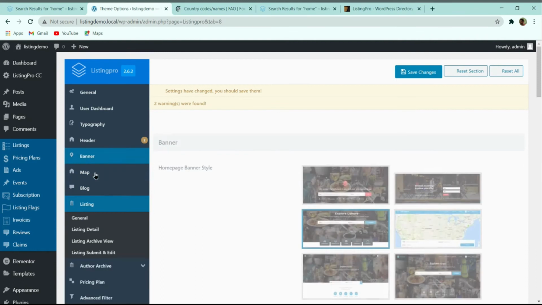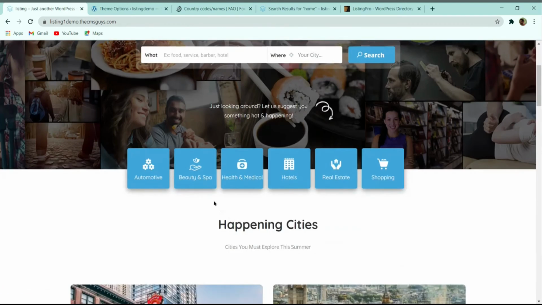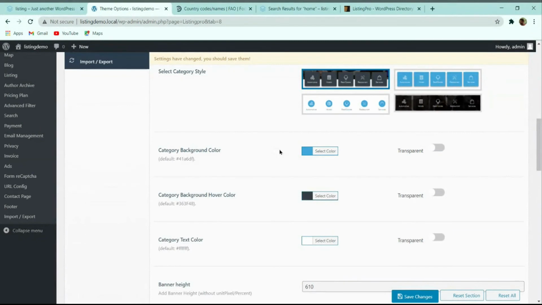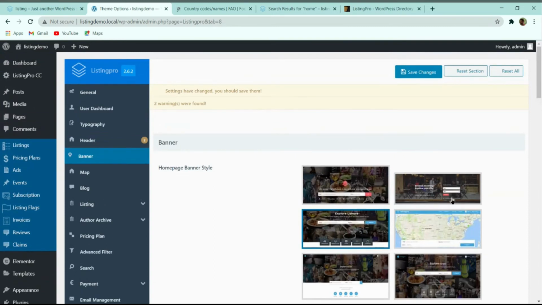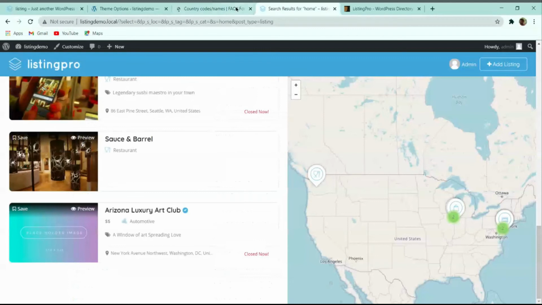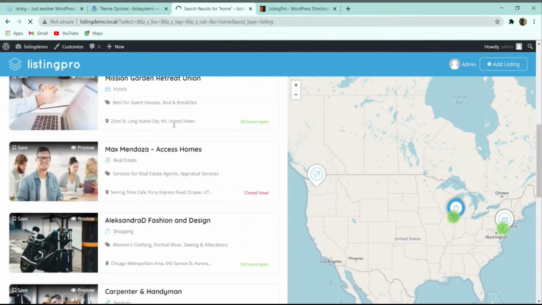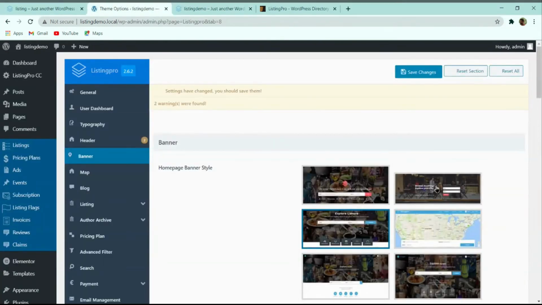So now let's go to this banner. Here you can see that in our home page, there is a banner coming in our website. Here you can see that this is the banner. So let us now create this banner. Basically here you can see that this is the home page. This is selected already. That's why our home page, let me show you our home page. So here you can see that this is the home page, and this design is already coming over here.